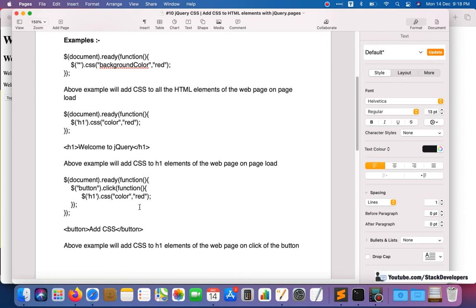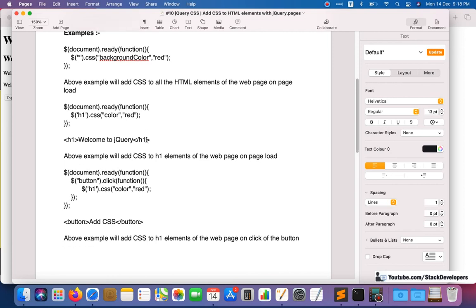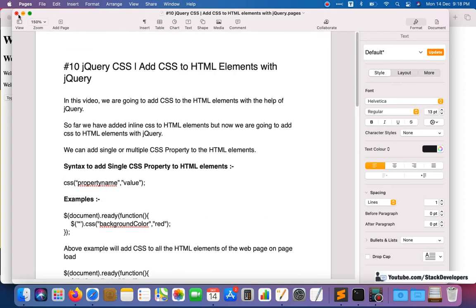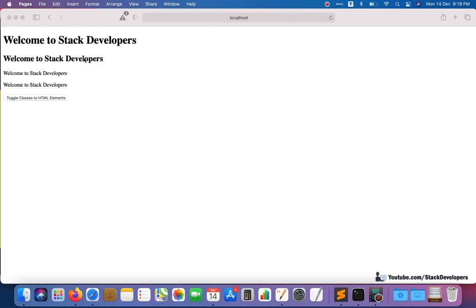Here with the CSS method you can add any attribute value directly, not the class. Here we are using the style sheet, but in that example we are not using style sheets. Here we are directly adding the CSS attribute and value. So this is another thing you must be aware of. In this one we are just playing with the classes. Sometimes we are adding the class, sometimes removing the class, sometimes toggling the class, but all these classes we must first add in our style sheet. Only then